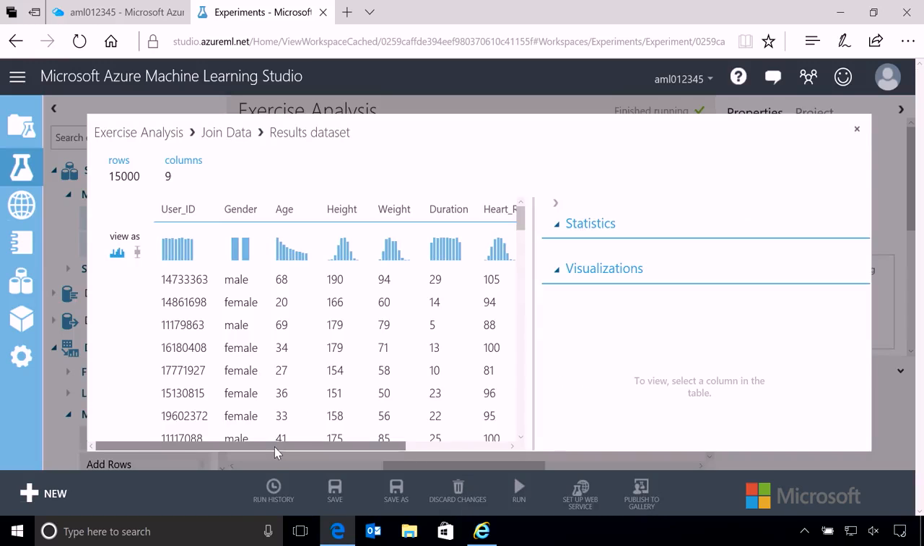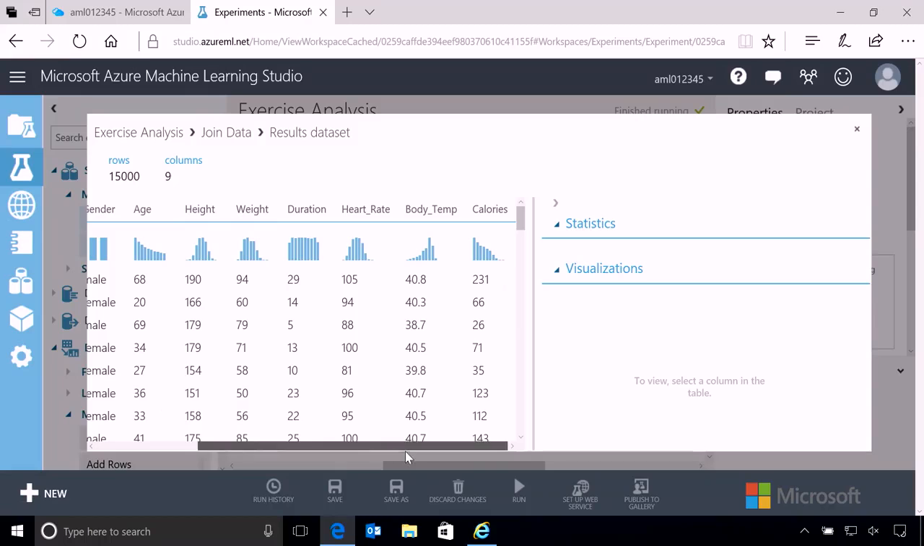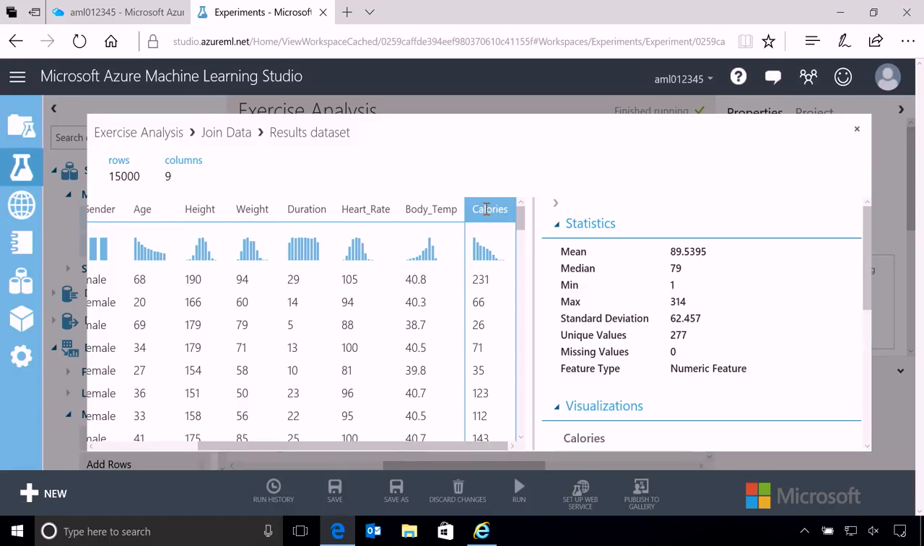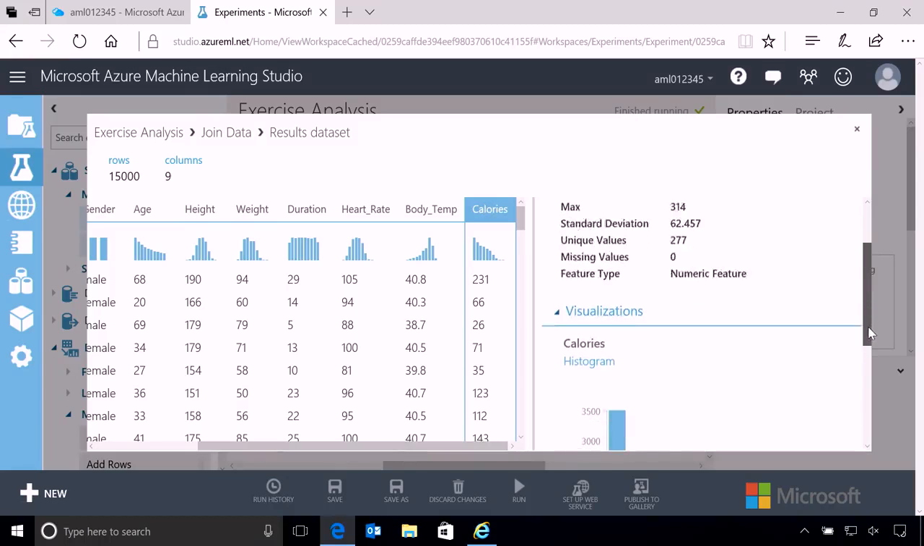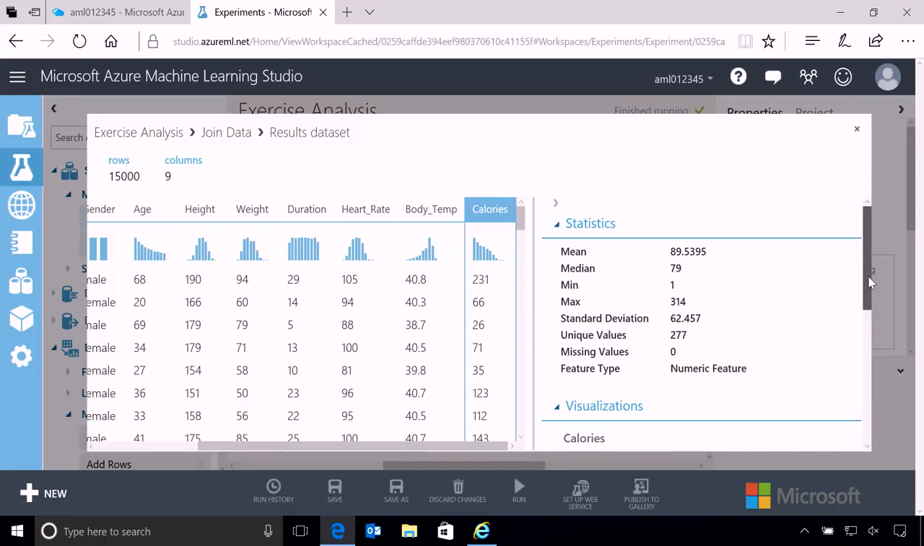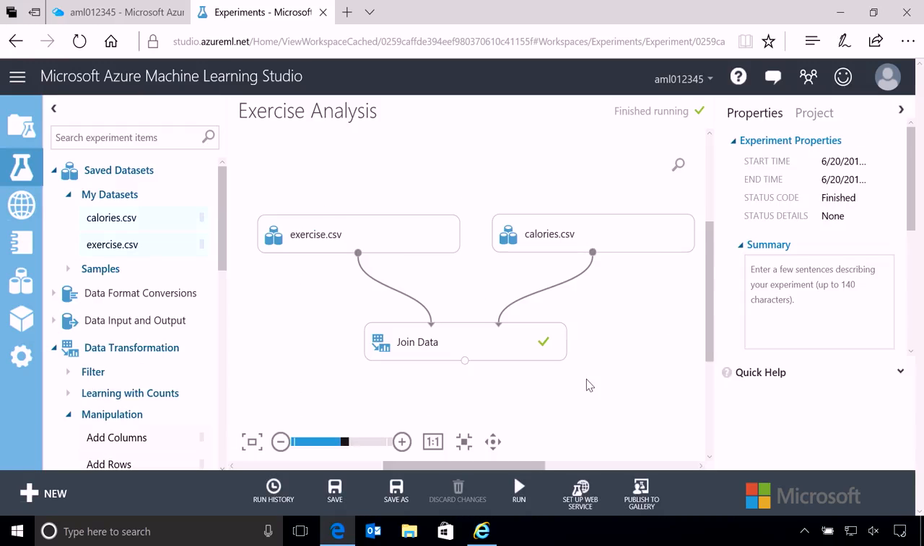So I can see there's my information from my exercises, and the calories are now on the end here as well. So I can see that I've got my calories shown there as a histogram, as well as all the information about the exercise. So that was how I was able to work with my Azure Machine Learning Studio